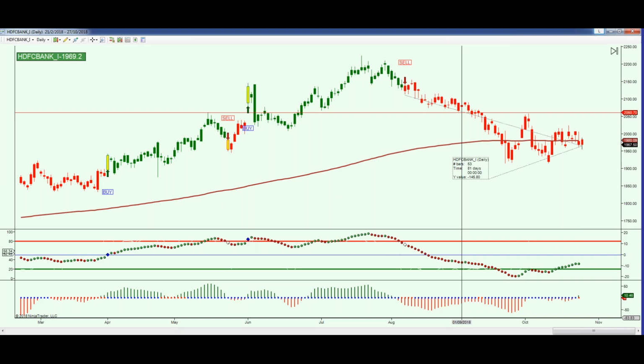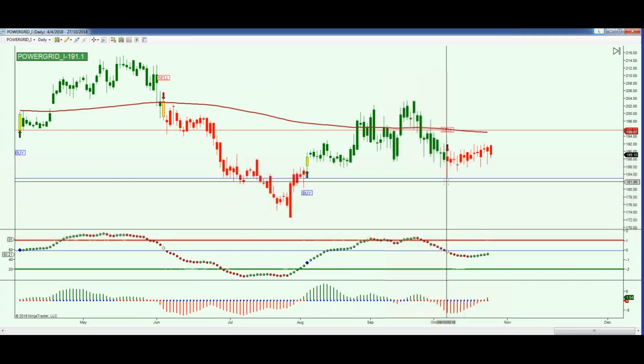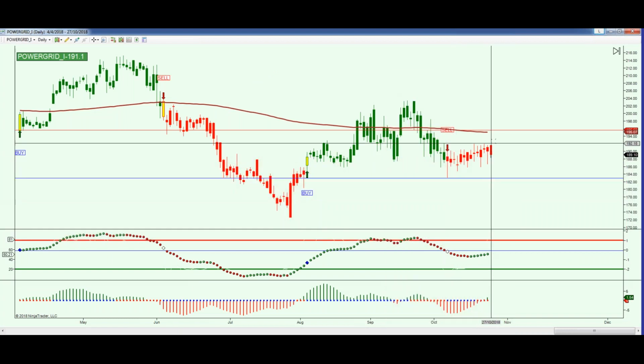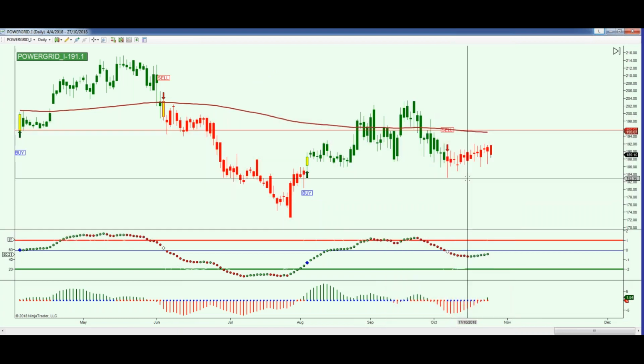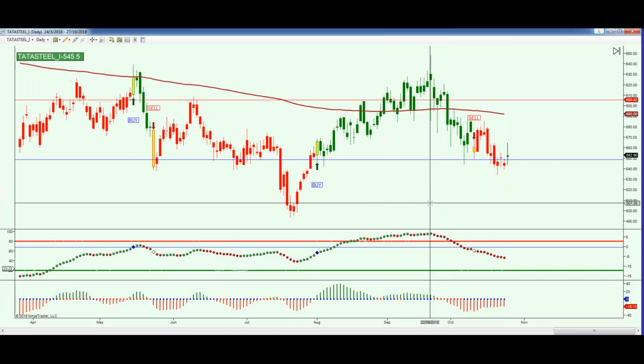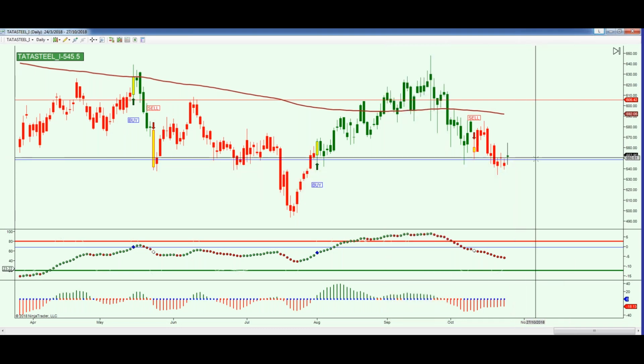And there are some trades like Power Grid. It has given a sell call, but it has not triggered. It gave a sell call and it has gone up. So now we'll have to wait till the call gets triggered. For Power Grid, the sell entry is 183. Now we have Tata Steel. My entry is roughly around 549, and yesterday's closing price was 552. So it's a minor loss, but your sell call is still continuing.